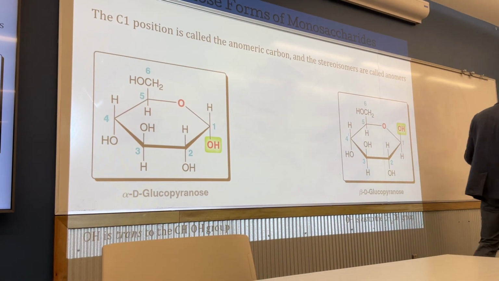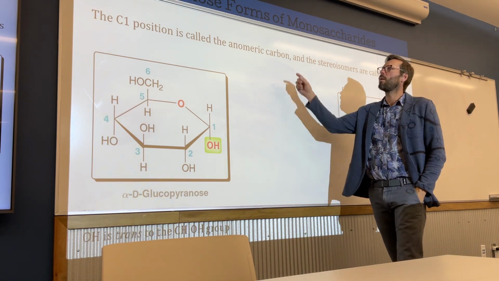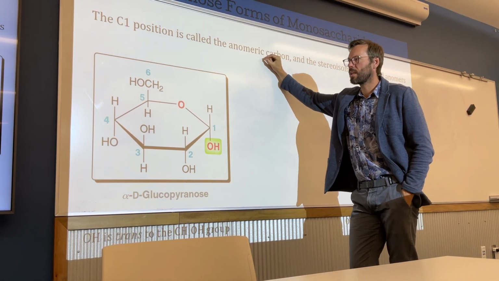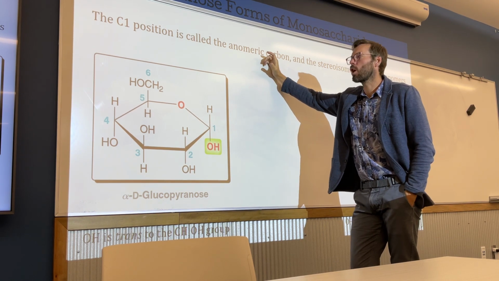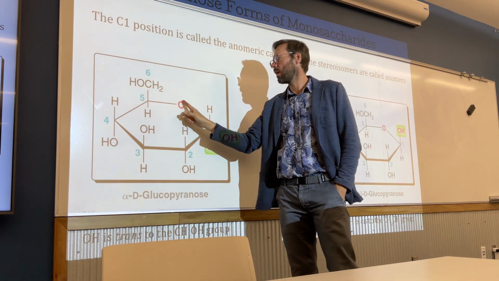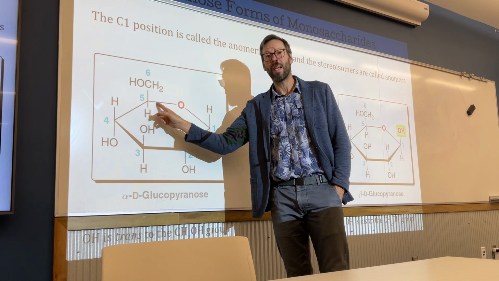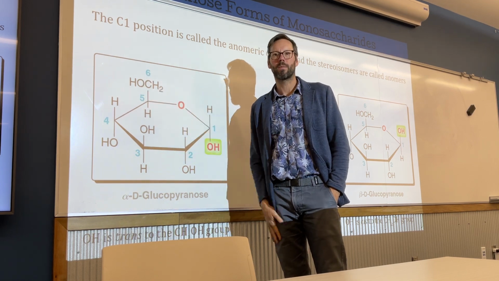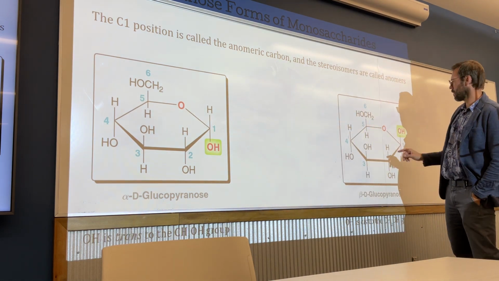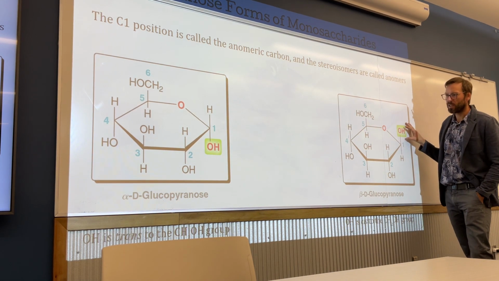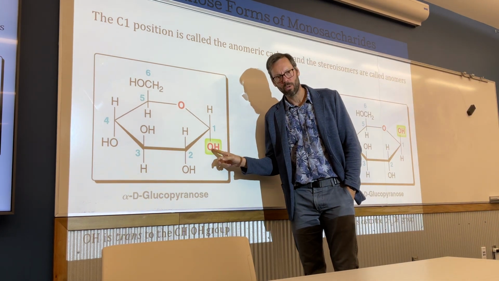...is called a pyranose, a sugar. A pyran is essentially a 6-carbon ring, or 6-carbon sugar with an oxygen inside of it. Notice not all 6 of the carbons are in the ring. There's a methyl group here coming off of it. Okay. And what I kind of mentioned before the break, depending on where the hydroxyl group is on